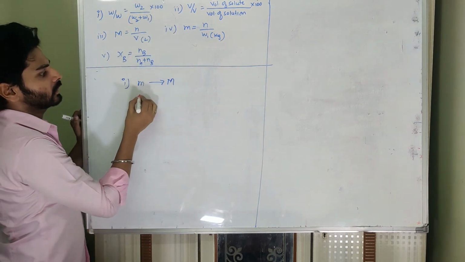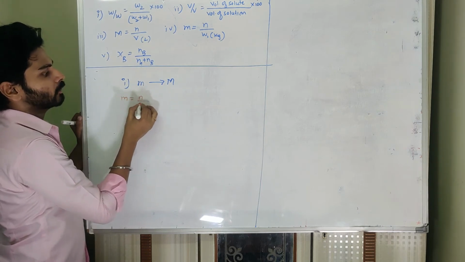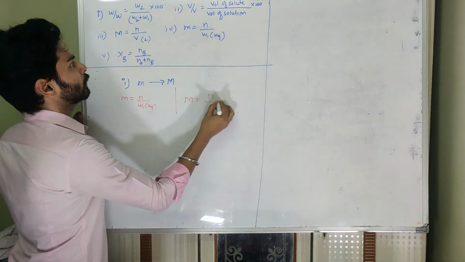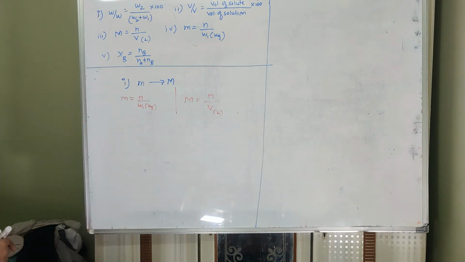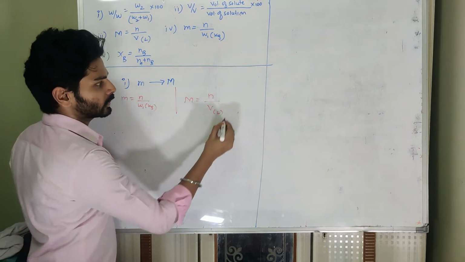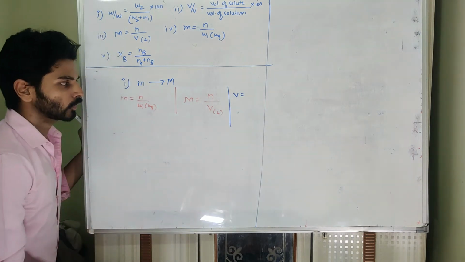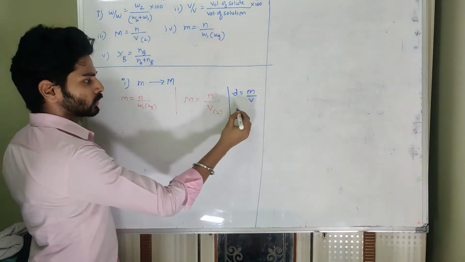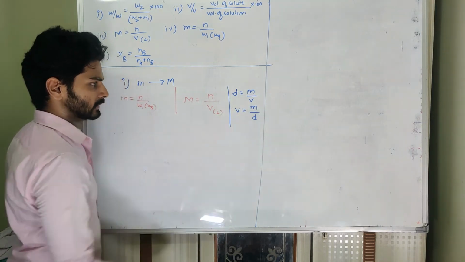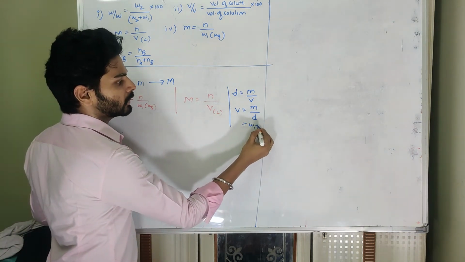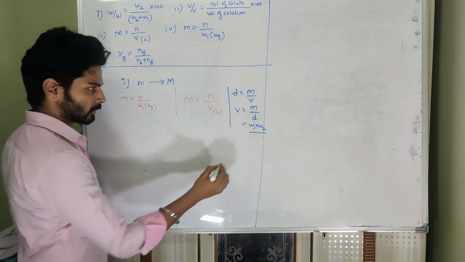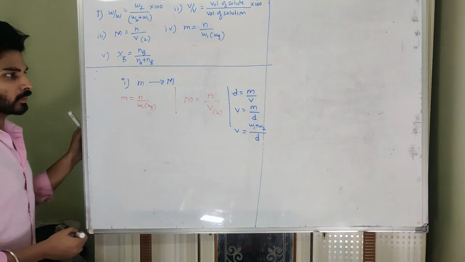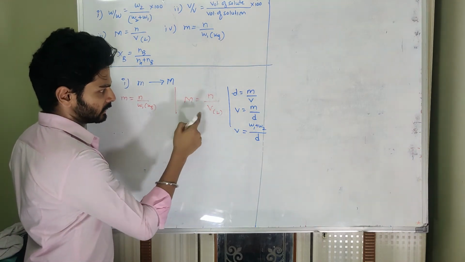So molality, we know, is equal to N upon W1 into, that has to be in kg. And molarity is equal to N upon volume, that has to be in liter. Now we have to get some common thing here so that we can substitute. So here volume is actually volume of the solution. So we know density is equal to mass upon volume. So volume can be written as mass upon density. And this mass is actually W1 plus W2, mass of solute plus mass of solvent, upon density. So I will substitute W1 plus W2 divided by D, where D stands for density in this case.